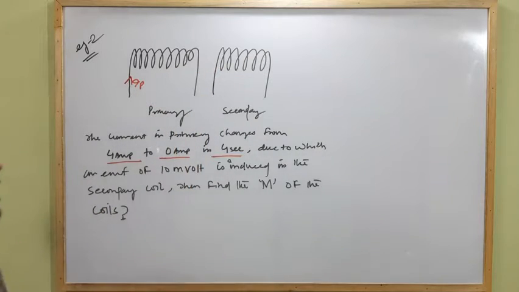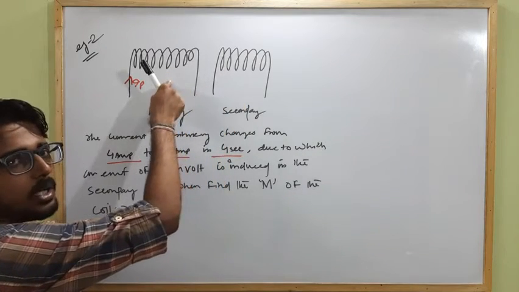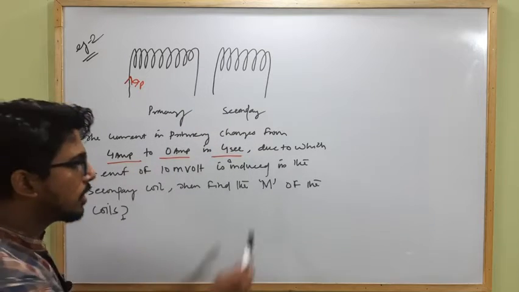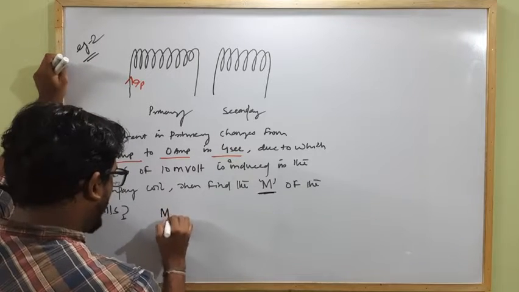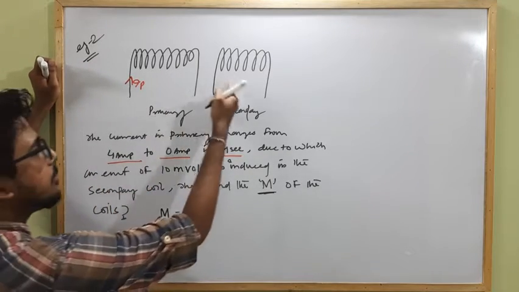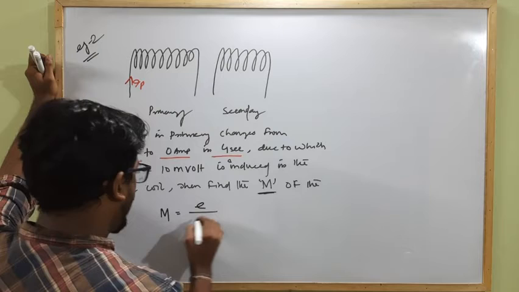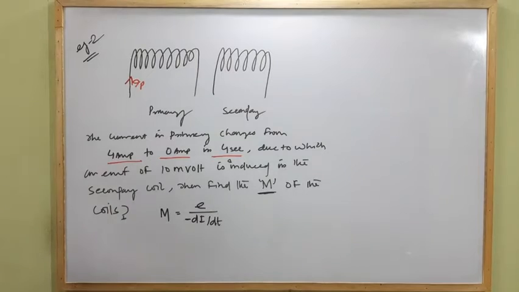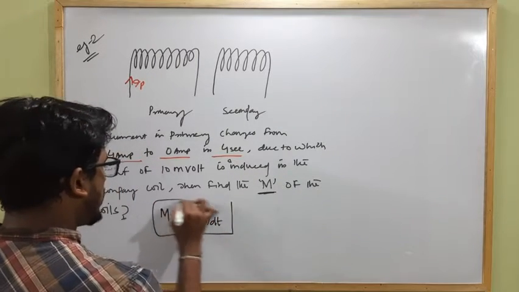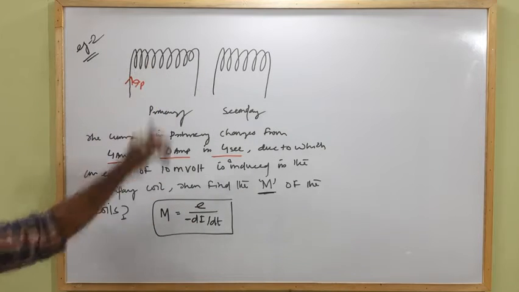There will be a property that is known as mutual induction, due to which there is a coefficient which relates the flux change in secondary with the current change in primary, that is known as mutual inductance, which is M. And we know what is M. The mutual inductance of both the coils is a bidirectional coefficient which relates both the coils, and that will be E equal to M times the rate of change of current, or this is the relation between induced EMF and mutual inductance of both the coils, and the rate of decrease in current through any one of the coils.